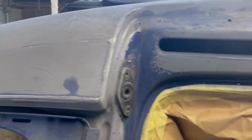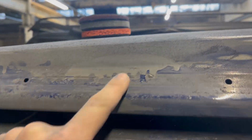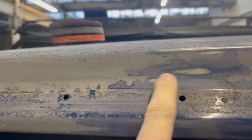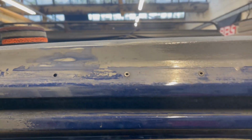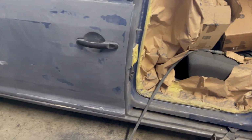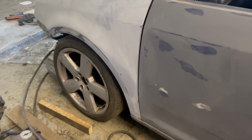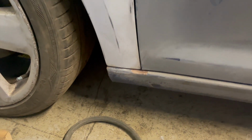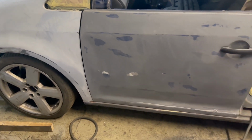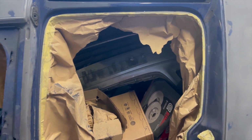I don't know what it's been painted in previously. Obviously, I'm going to prime the surface before, but as you can see, it's been painted with something that wasn't an air gun. Find some nice wheels for it. Don't know whether to keep it blue because it was factory blue. More spots of rust, just surface rust. It's not rot, so we can just grind them out and clean them, treat them, prime them, and then yeah,